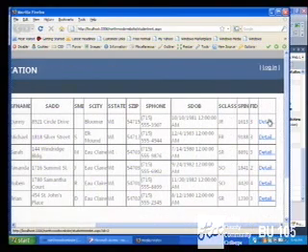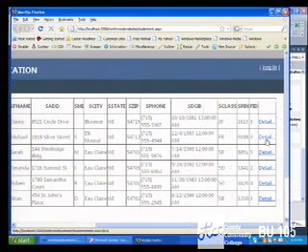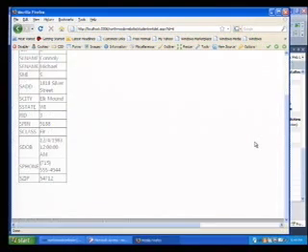Now, if I mouse over the detail, we can see on the very bottom of the screen the URL changes. And on the end of each URL, student mntdet.aspx?ID equals, the number that follows the equal sign is the primary key of that table, the student number. So now I click this detail, and,